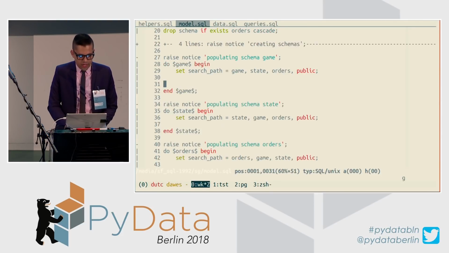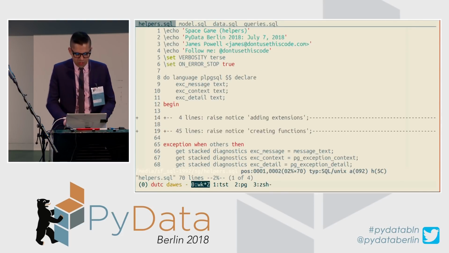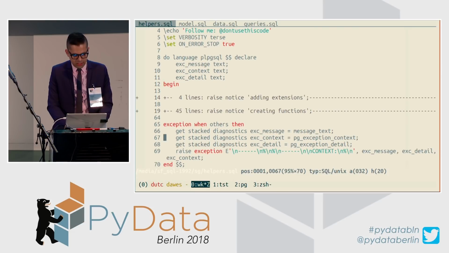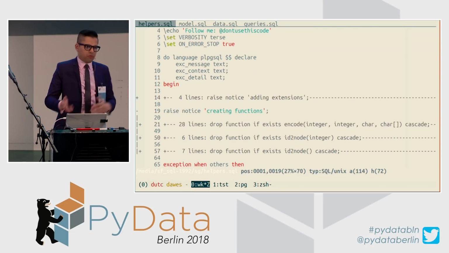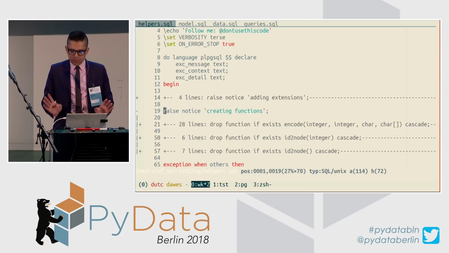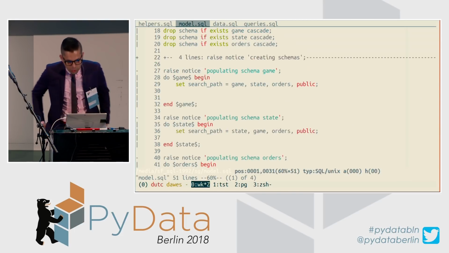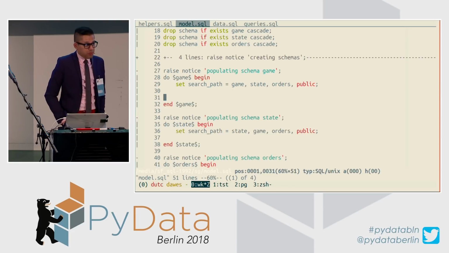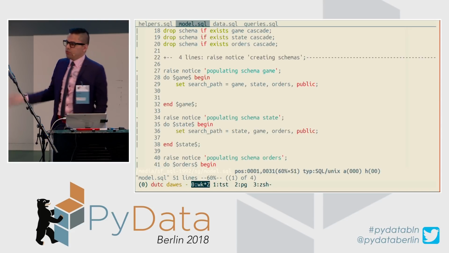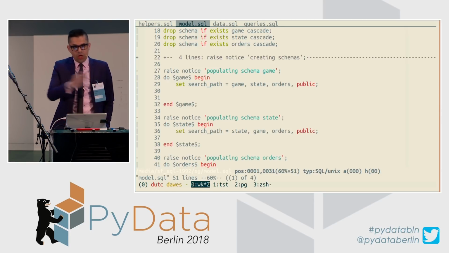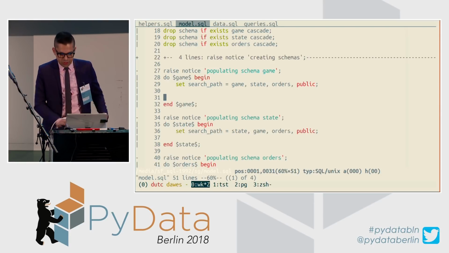Now, of these files, the first one is helpers.sql. It's just some helper functions. It really isn't that interesting what's in here. Every project you start with has a bunch of stuff that you carry from project to project. They're just a couple of helper functions. Nothing too interesting. We will split this project into 3 parts. We'll do some data modeling. We'll actually insert some test data, and then we'll run some queries on this. So we'll actually see the wide gamut of everything that can be done in SQL.